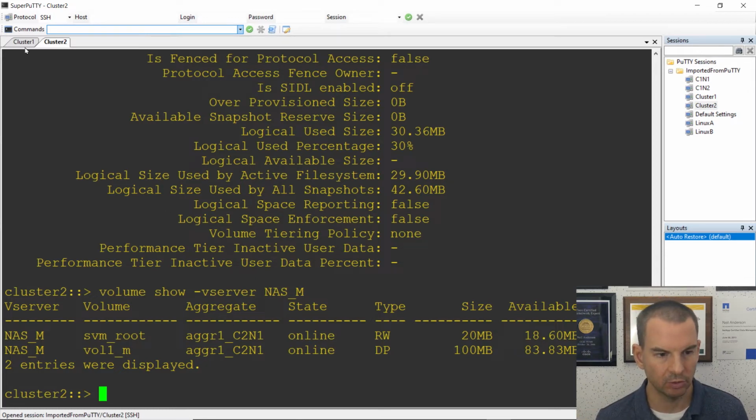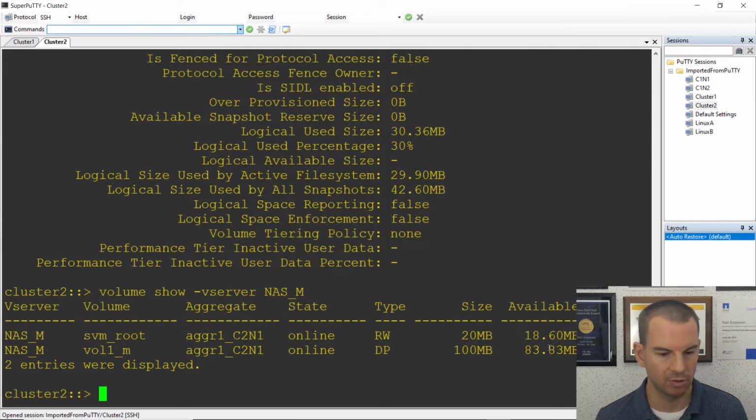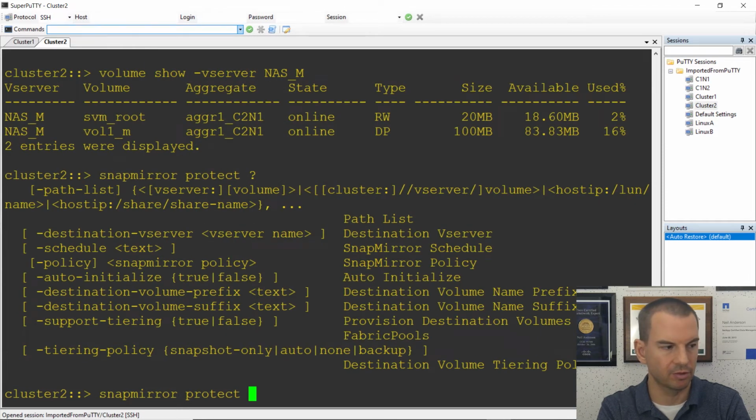Okay, so back on cluster 1, notice there was also a vol2 there as well, so we'll protect vol2 with synchronous replication. Again, the configuration is pulled over from the destination cluster, so I'm going to configure this over on cluster 2. And the command I'm going to use is SnapMirror protect. Let's do a question mark to check the syntax there. And what I need to enter here is, first off, the path list. And what I want to protect here is in the NAS SVM, so NAS:, and it's going to be vol2